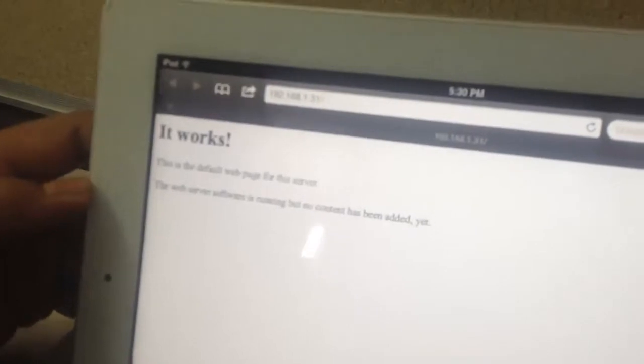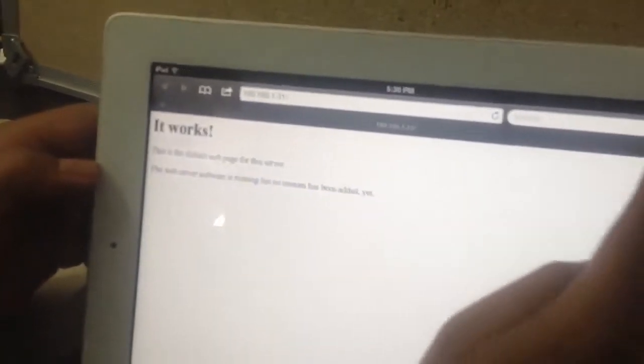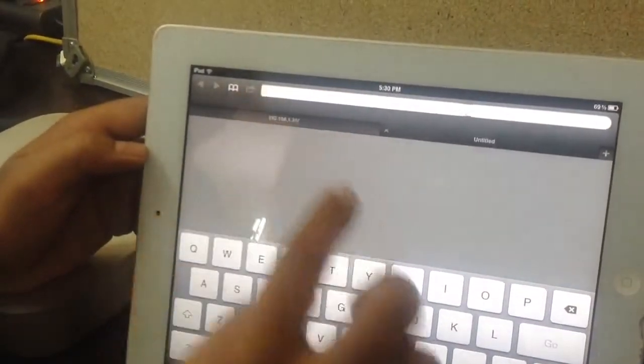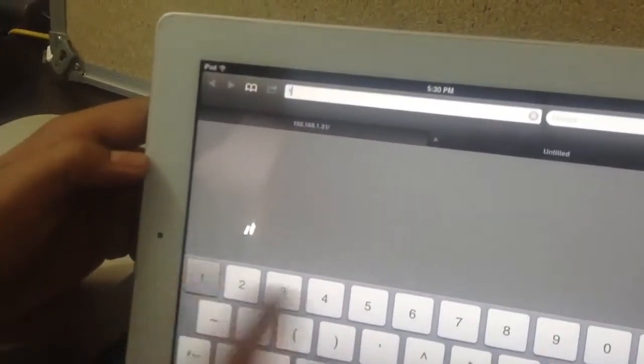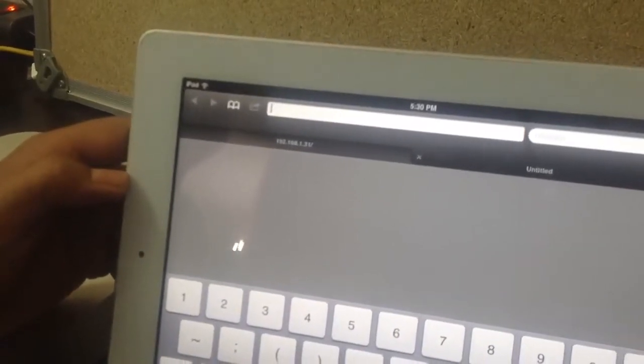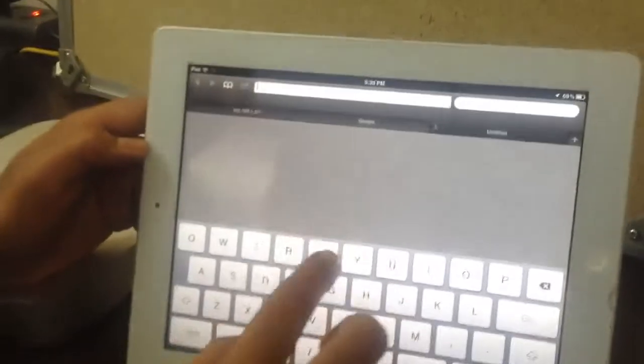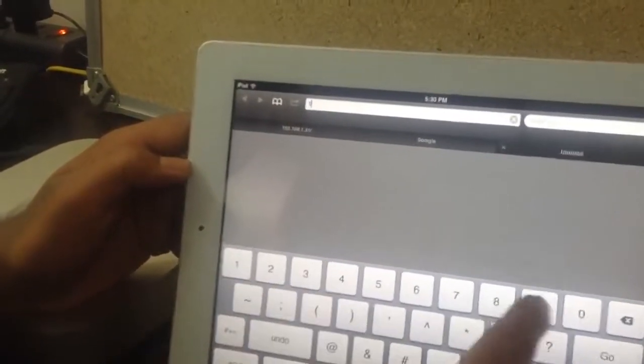So let's check it out. You can see that the iPad, being an iOS device, is able to access 1.31, and we'll check some external resource, Google. Yeah, we can see that it can access Google. We'll try to access some other internal resource apart from 1.31.